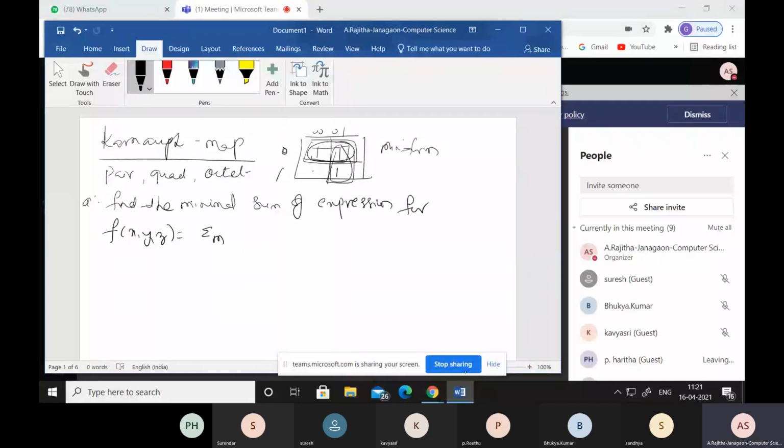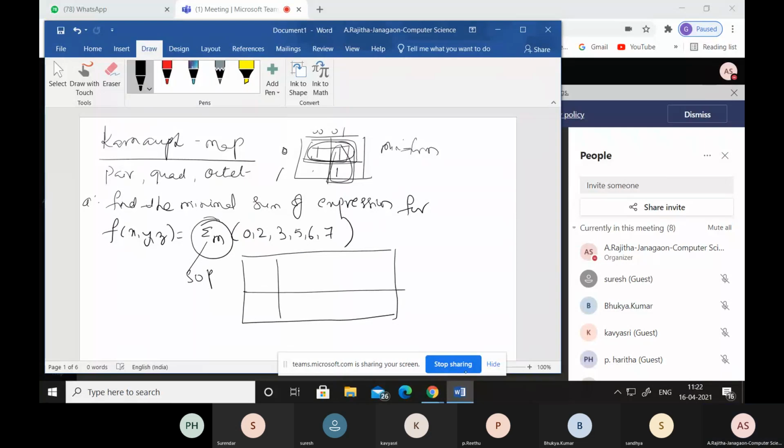Now coming to this sum of min terms: 0, 2, 3, 5, 6, 7. These are the min terms. Whenever in a Boolean expression it is like this, you can observe that this is the sum of product terms. Sum of product terms means these all are the min terms. Now, the three variable mapping.